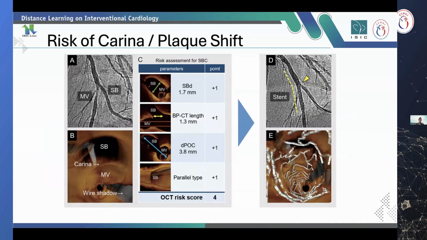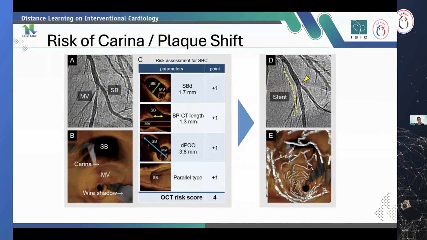But I would like to recommend you to simplify the interpretation, such as soft or hard. Of course, a hard plaque includes calcification and also very thick circular or fibrotic plaque,